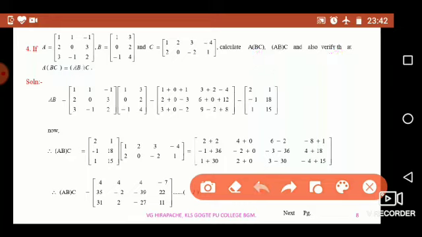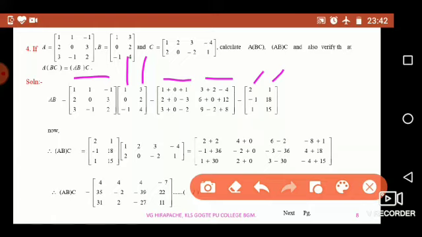Now to find that, let me find out what is matrix AB. Matrix AB is nothing but the product of two matrices, matrix A into matrix B. As you know, in the product of matrices, the first row gets multiplied with the first column to give the first element. The same row gets multiplied with the second column to give another element. Therefore the first row elements are 2 and 1. All these types of problems you have done in the earlier videos.